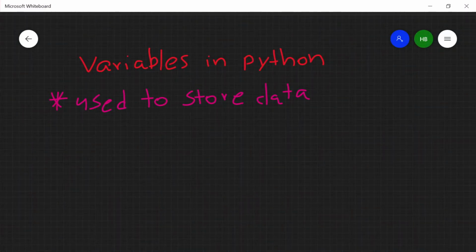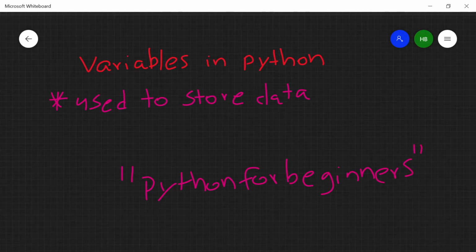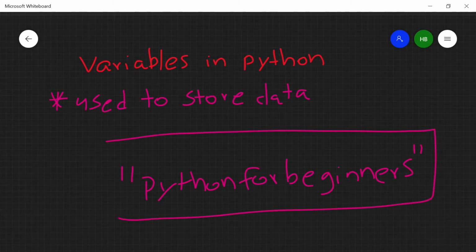Let's say we have to use this string in our program everywhere. If we try to type this everywhere, it is very hard to type. It takes a lot of time and it is just repeating the same thing. So we can do one thing. We can assign this to a variable. Let's see how to do it.